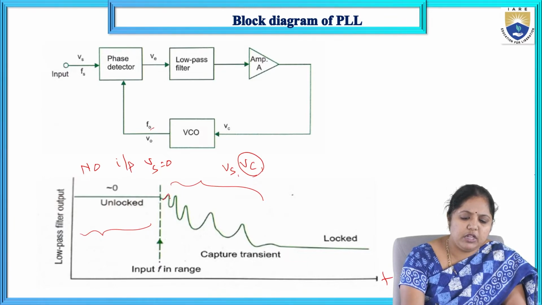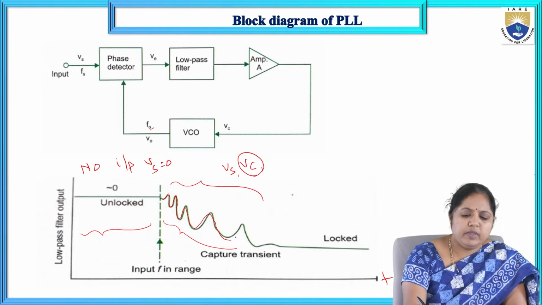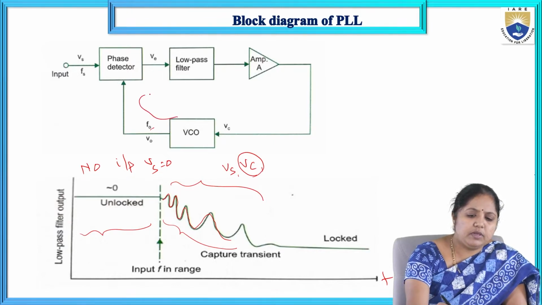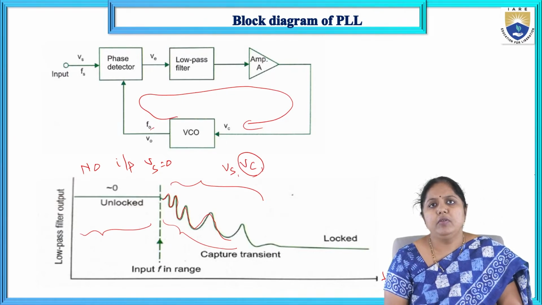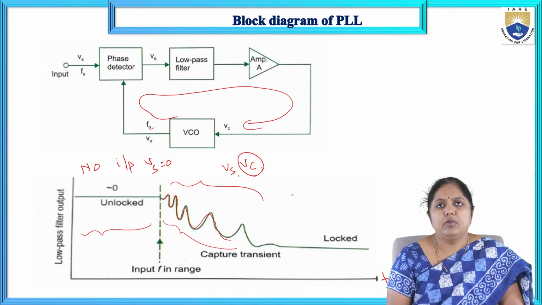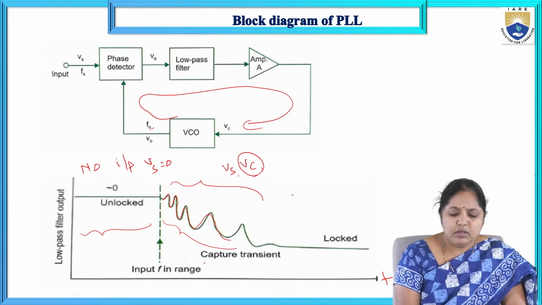So always, initially, if you observe, the frequency value is high. Later, over one loop of operation, the corresponding frequency value slowly decreases. So in all these loops, what happened here? The entire loop operation of phase detector comparison, low pass filter, amplification is going on. Always, if you observe here, it is trying to reduce the difference between the Fs and F0 value. So this state is called as a capture